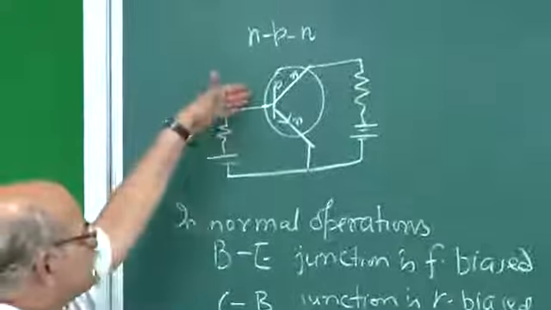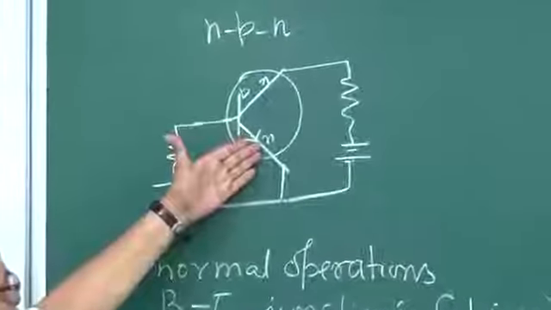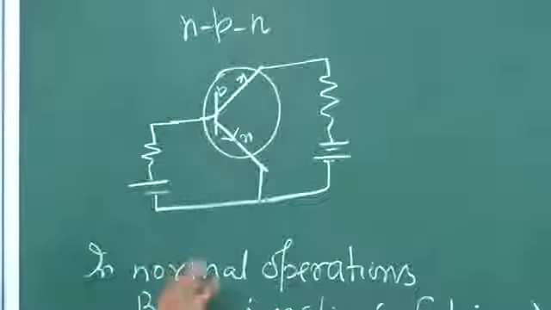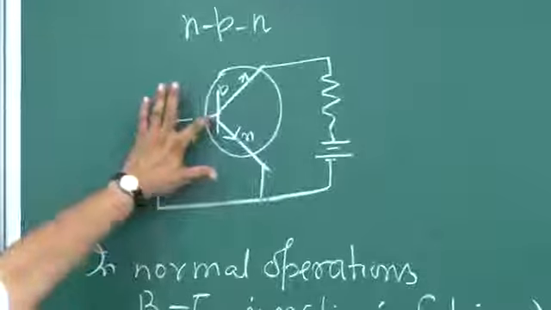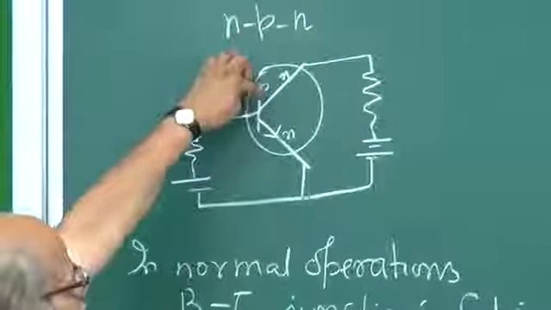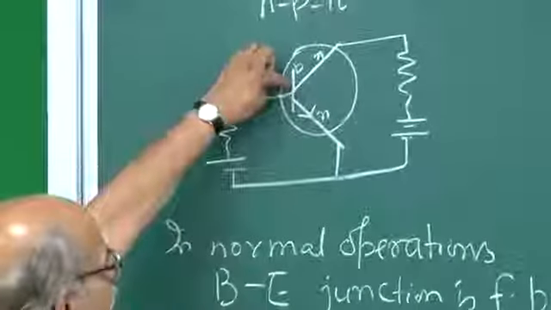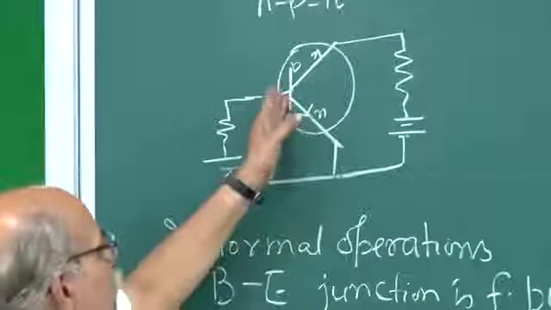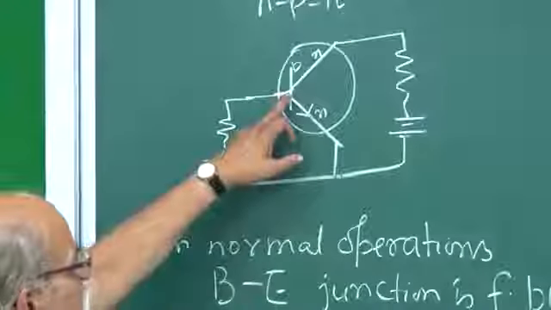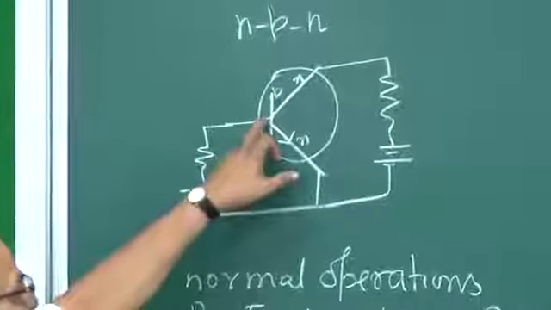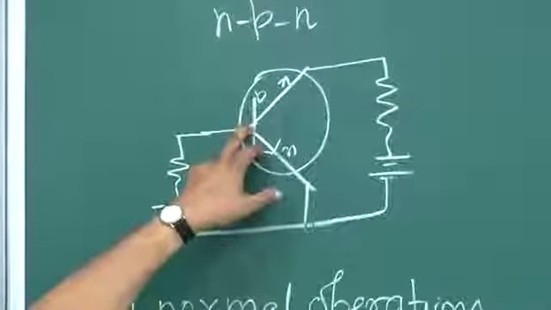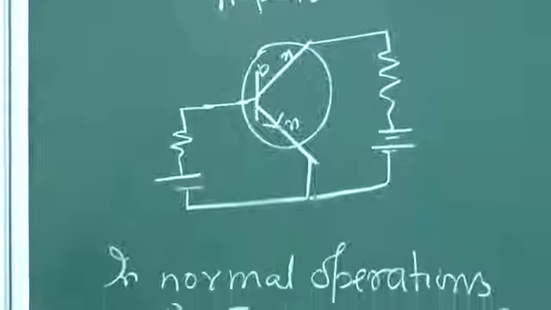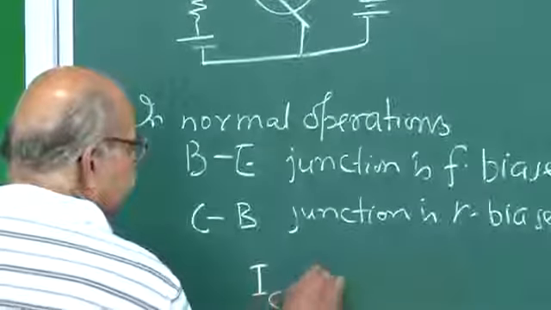So, what happens because of this forward bias, a lot of electrons are injected from the emitter into the base, because this is heavily doped. Because of that large concentration, the carrier injection is also large, and those electrons go here, and this reverse bias junction draws those electrons, because they are minority carriers here, and reverse bias attracts minority carriers. So, a lot of electrons go through this collector circuit, and some small fraction goes through this, and that corresponds to the recombination of holes and electrons once these electrons find themselves in this P region. So, this was the mechanism, and under that you understand that IC is less than but close